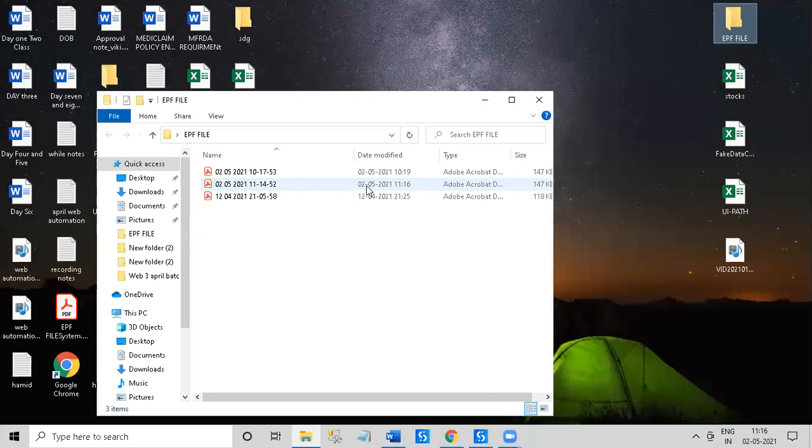So what it has done is launched a website, the EPFO website, and after that it has provided the user ID, the password, the captcha, everything. After that, it has downloaded the file which we want to download. And we have passed the folder location where we want to keep this file. If we want to mail this file to a particular candidate, then we can also do it by using email automation. So this is a small robot which was developed by me. I will show the different ones.